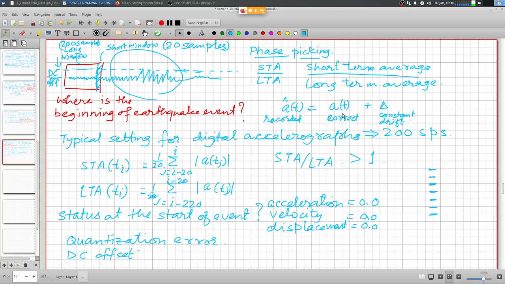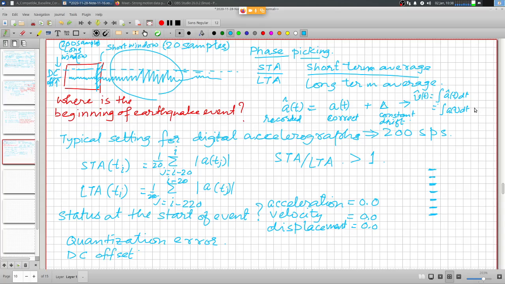Right? So if I try to derive the velocity from this, that gives me the integral of a(t) dt